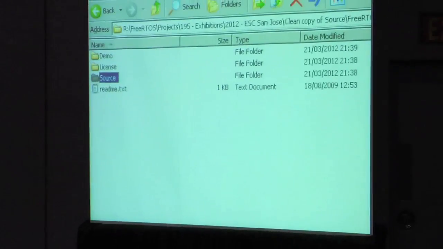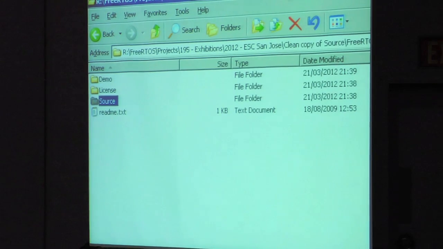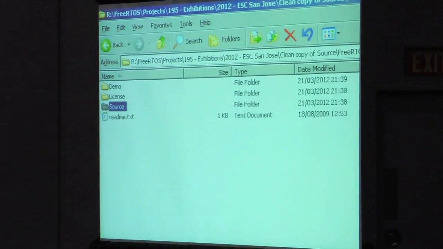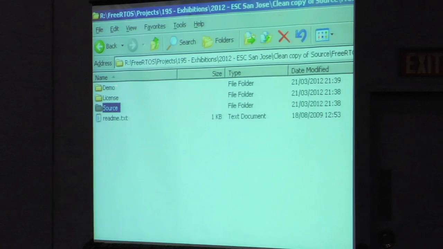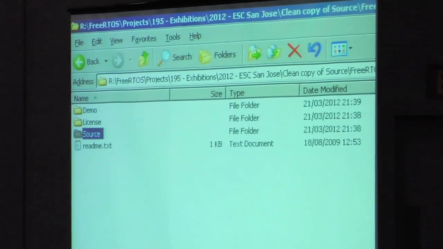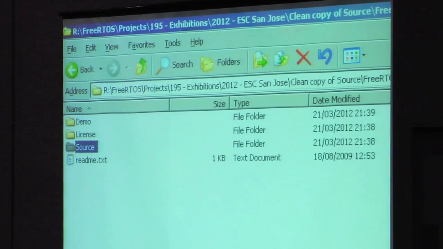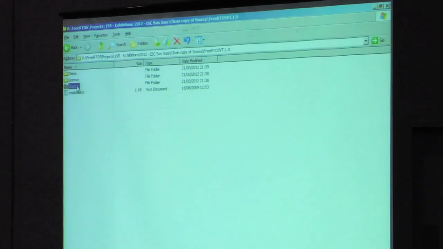So the source code is split into two primary directories, one called source, which has the FreeRTOS kernel code in, and one called demo, which has all the projects. We just looked at the documentation for a single project. So if we go into the source code directory, you will see that there are